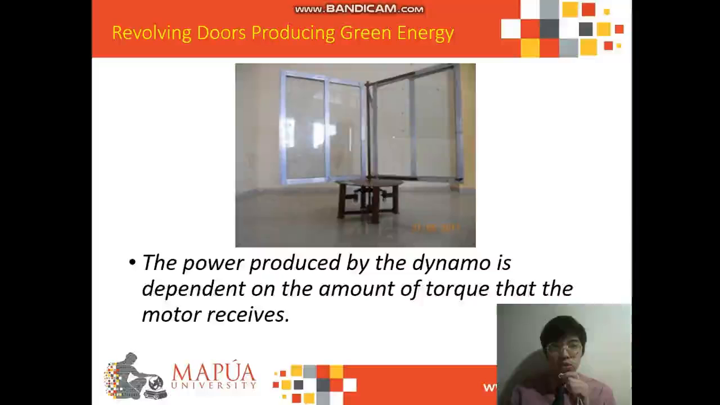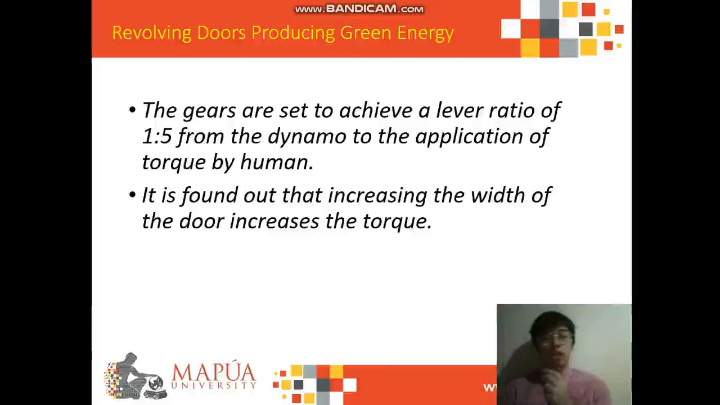So the picture shows their prototype, and the power produced by the dynamo is dependent on the amount of torque that the motor receives. The gears are set to achieve a lever ratio of 1:5 from the dynamo to the application of torque by human. It is found out that increasing the width of the door increases the